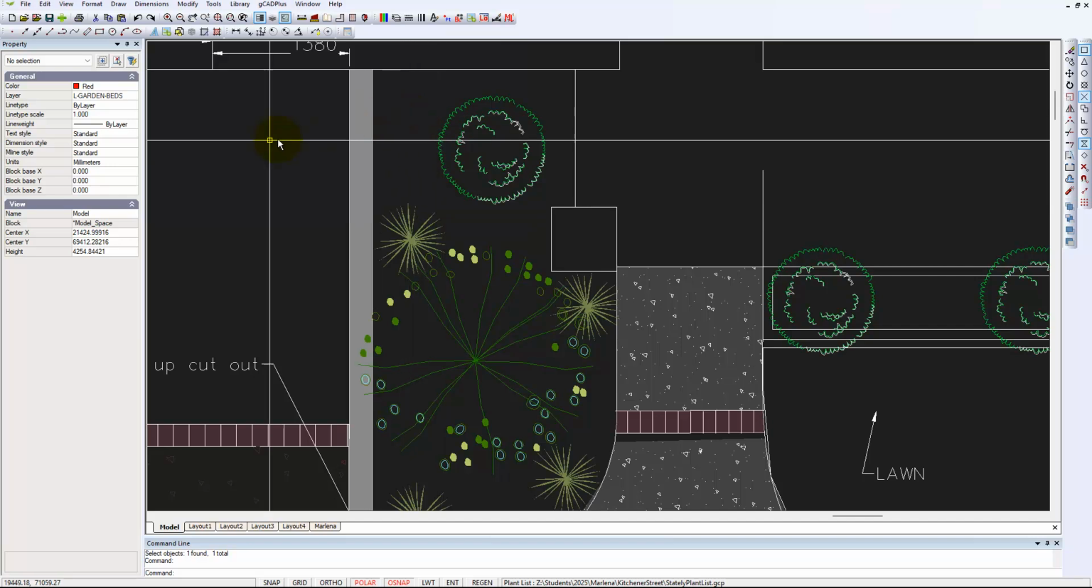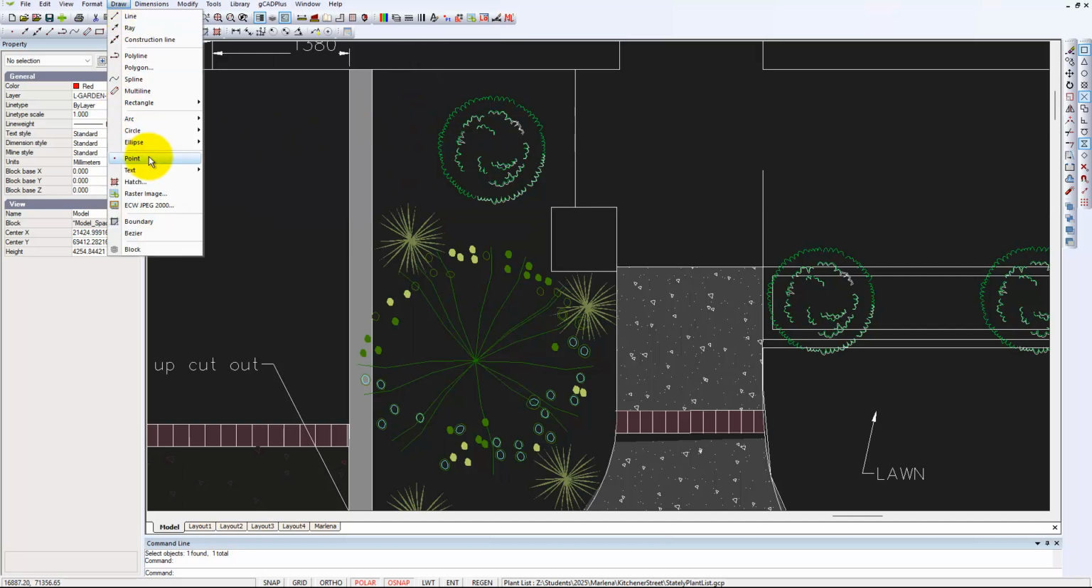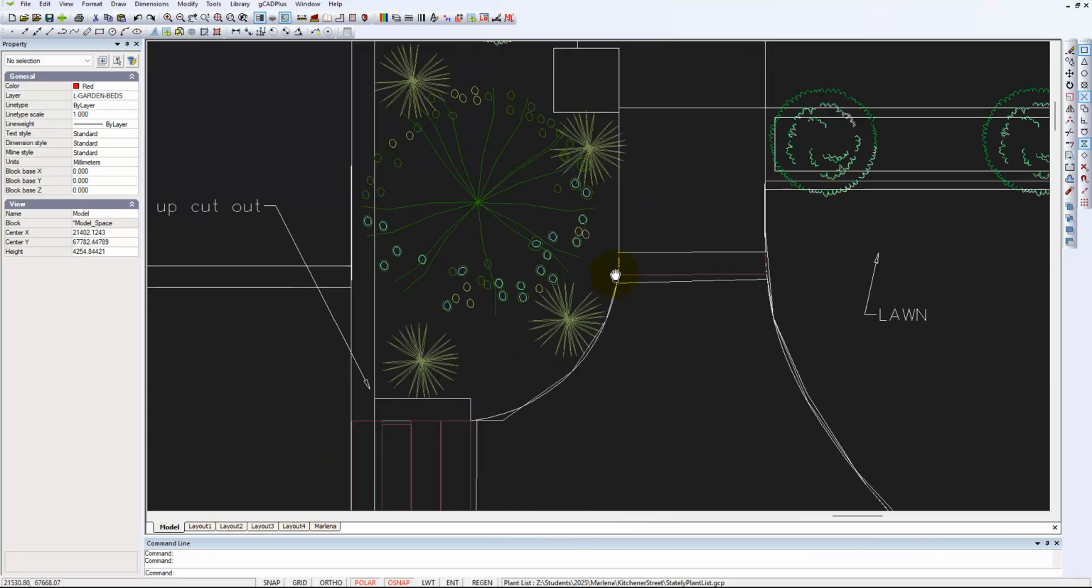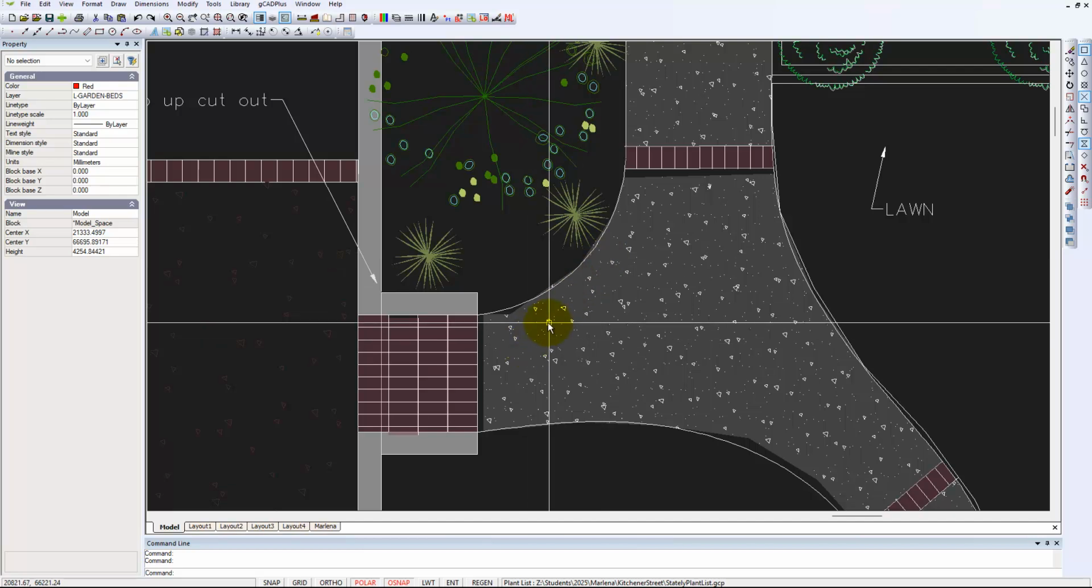So we can say draw, straight off go into the hatch command, and this pops up. We'll leave it at solid for the moment, and we can pick a point. So as long as I pick inside the garden bed area, gCADPlus will radiate out and find an appropriate boundary. What I'm going to do though is to cancel, because I want to point out to you that the previous